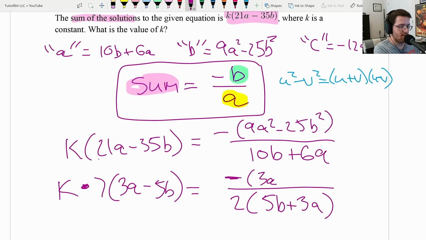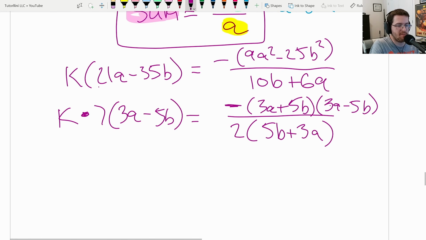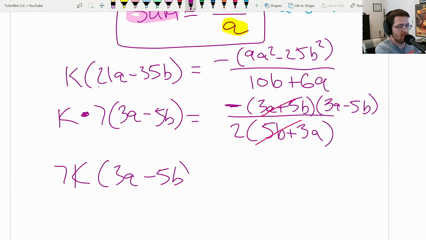And then 3A minus 5B. So the first thing I notice is that 5B plus 3A and 3A plus 5B, those are the same thing. Addition is commutative. So I can cross this out. And I get 7K times 3A minus 5B equals negative 3A minus 5B